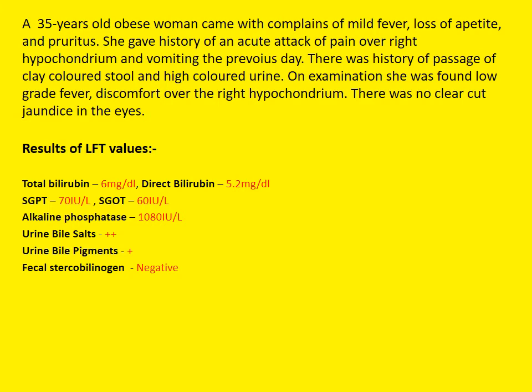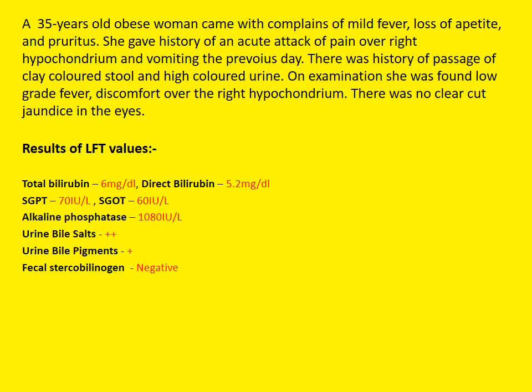In our previous discussion, we have seen that in case of obstructive jaundice, serum alkaline phosphatase is very high. So very high. So you can